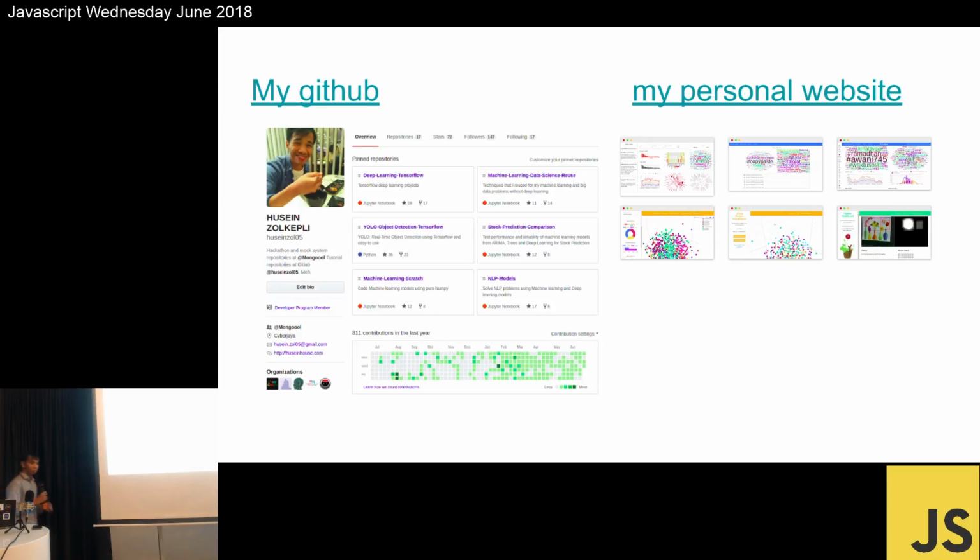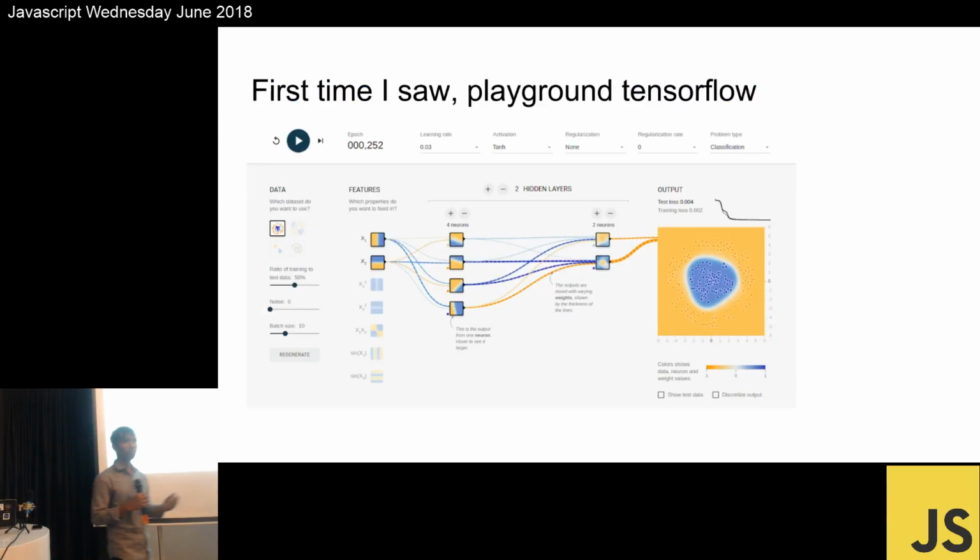Okay, first time when we say about TensorFlow, who doesn't know what is a TensorFlow? I think you guys know what TensorFlow is. An open source learning framework. So you just call a certain API, and then you know it's going to work. So this is my first time when I saw a TensorFlow on a website. We call it Playground TensorFlow. So anyone played with this website before? Yeah.